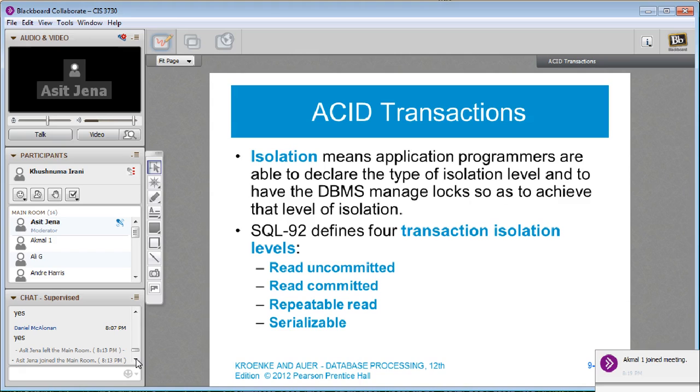So what we're trying to do by read committed is, if you know in SQL Server and all that, once you have done